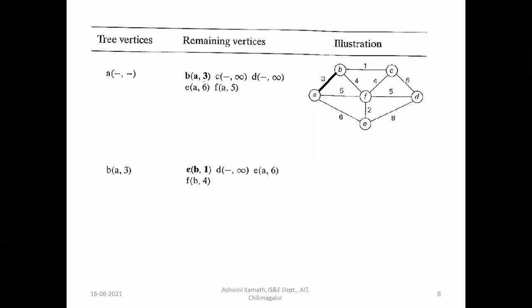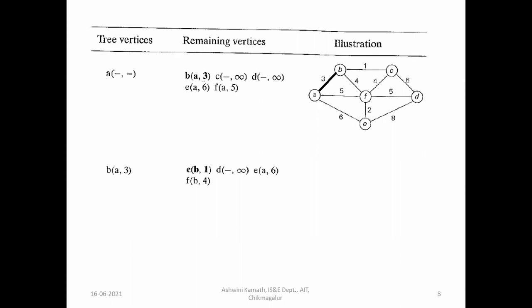Let us see. So B to C, it is 1. And then we don't have the direct edge from A or B to D, right? So A to D is also not there. A to B to D is also not there. So it is infinity. Then we don't have direct edge from B to E. So previously, whatever we have selected A to E, that will be kept as it is. A to E will be equal to 6.